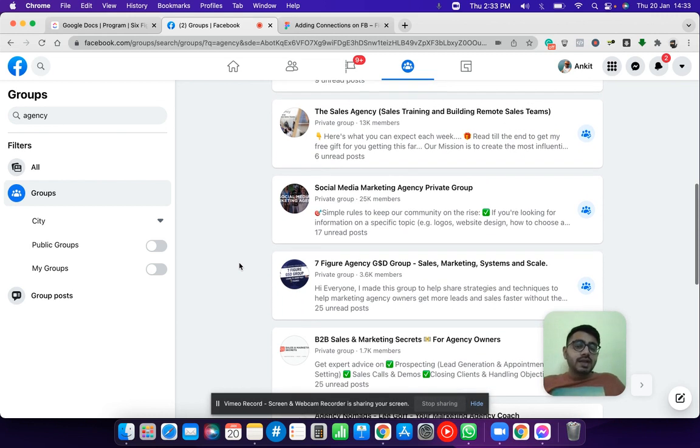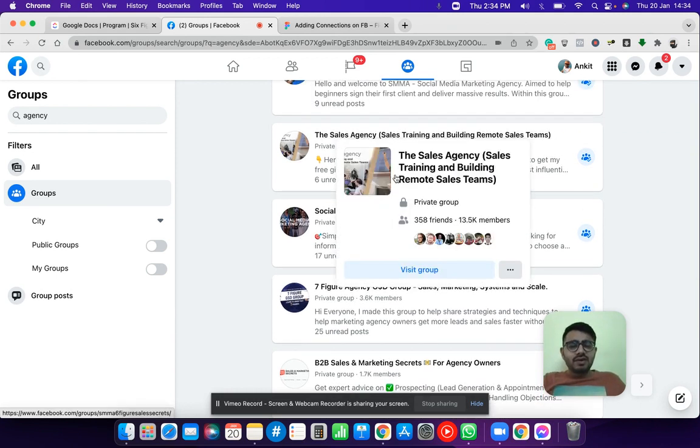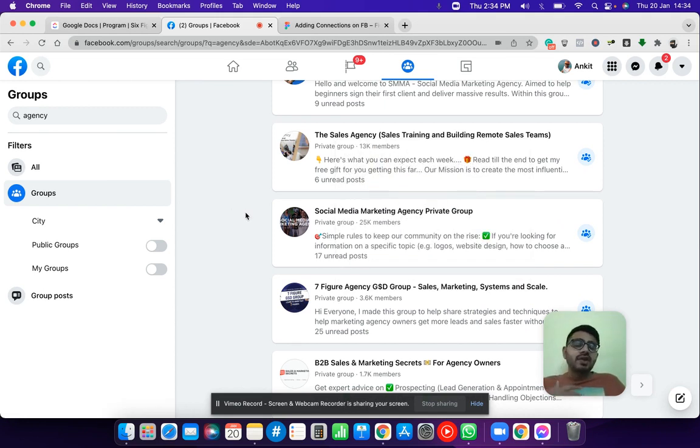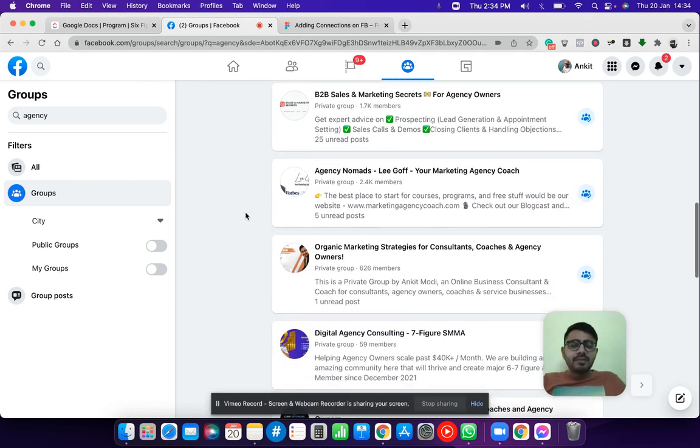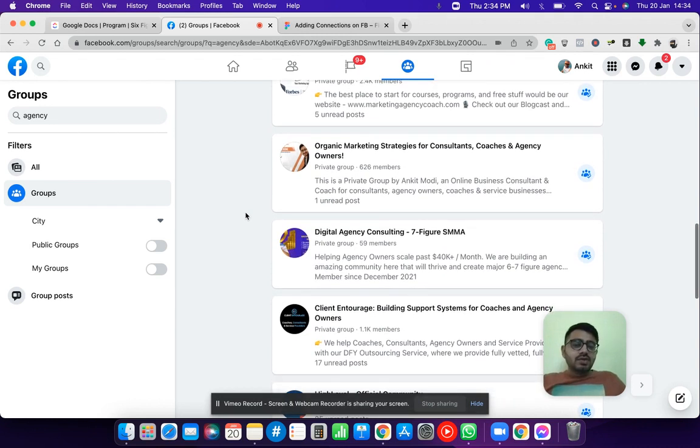Yes, but it is also possible that because of the number difference, there are more people over here than over here, right? And obviously, it's too variable to even think about who will be similar, like who will be in this group and this group as well. There is one way to find out. If you see, you can see the icons over here, but this icon shows only your friends, right? But it's still a close call. It's very difficult to identify a common, but again, that's not a huge problem for now. At least you have to know that you can easily join these groups.